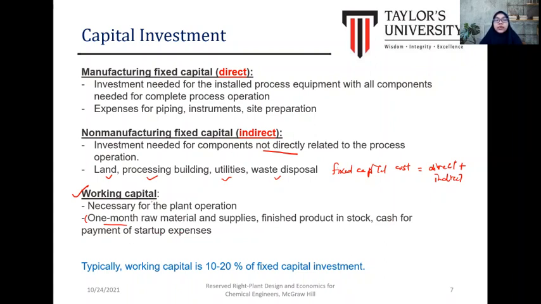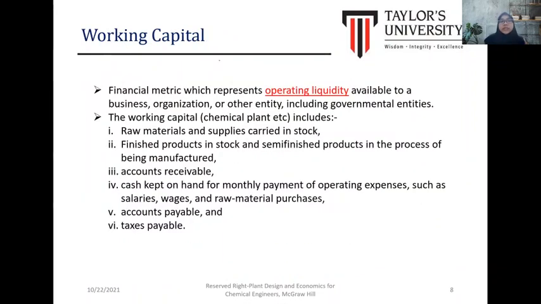Okay, typically the working capital is arranged within 10 to 20% of fixed capital investment. The percentage depends on the complexity of the process plant. Okay, more detail about the working capital: this is the financial metric which represents the operating liquidity available to a business, organization, and other entities, including